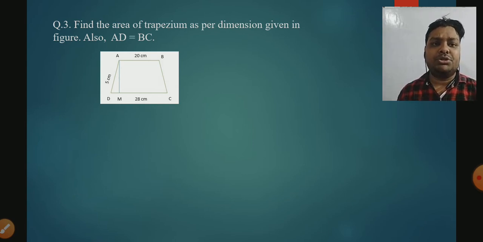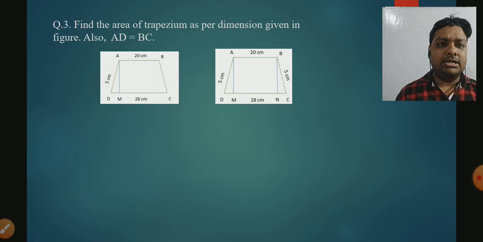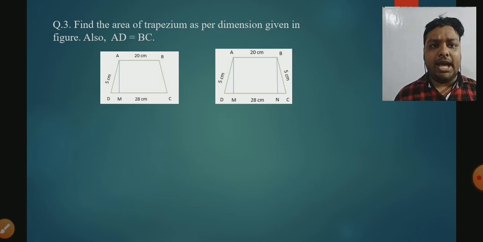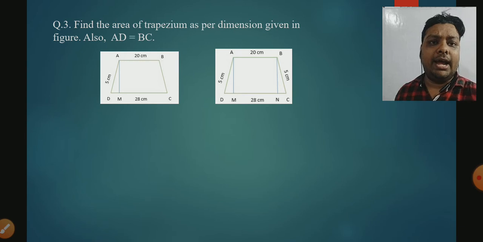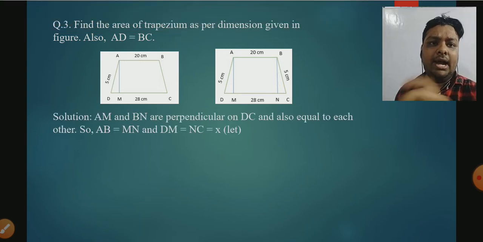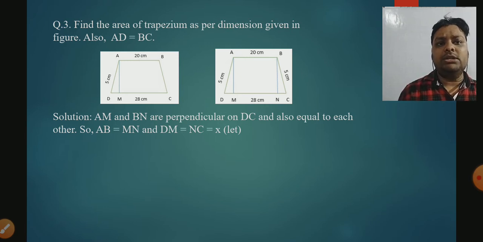So we will do some construction in this question. At first, here you can see in this figure I have done the construction. We have drawn BN perpendicular to DC. Since AB and DC are the parallel sides, AM and BN will also be parallel and equal. And since AM and BN are perpendicular, we can say that AB and MN are also equal, and in the same way DM and NC are also equal. So we will assume DM and NC as